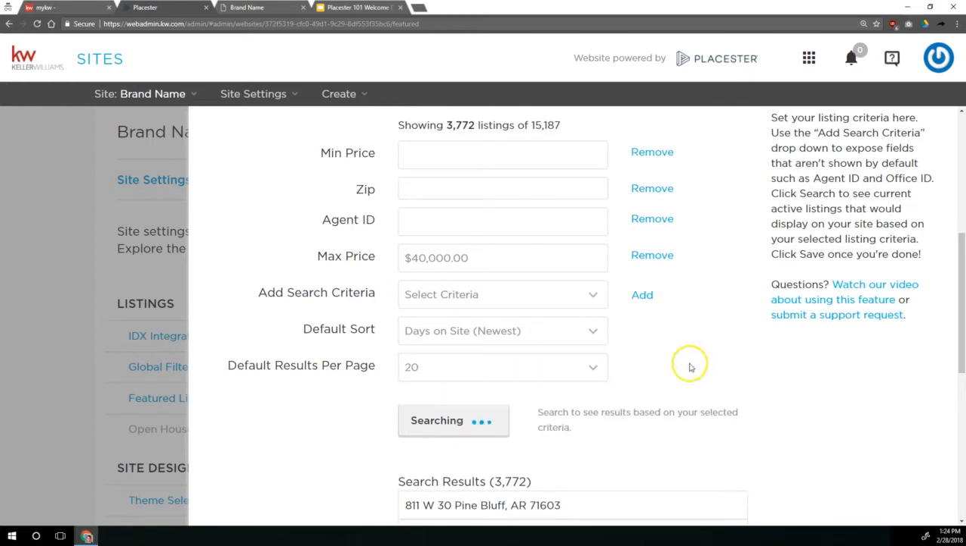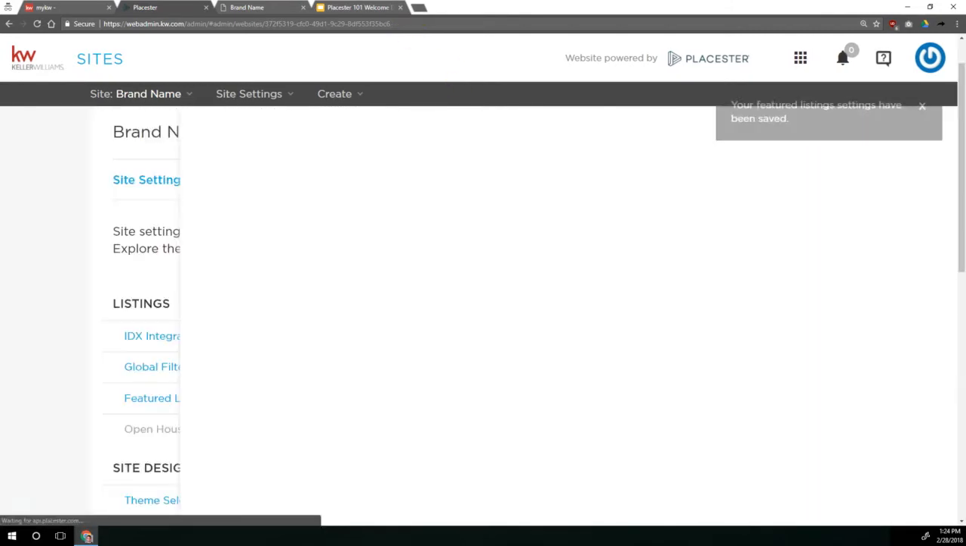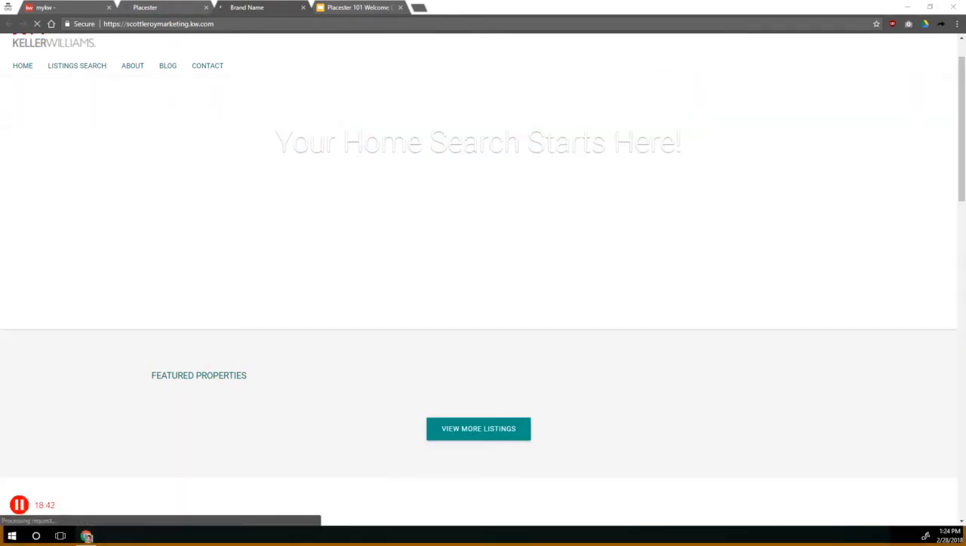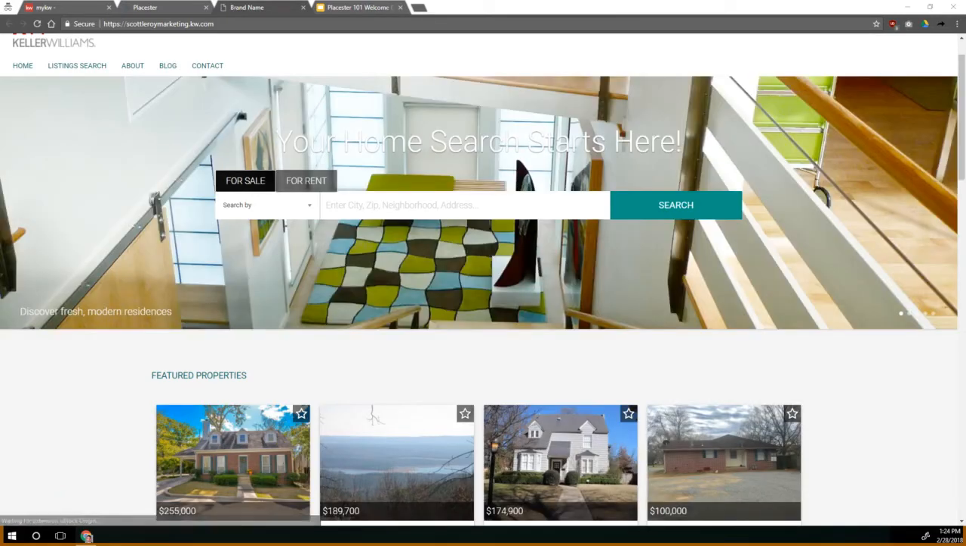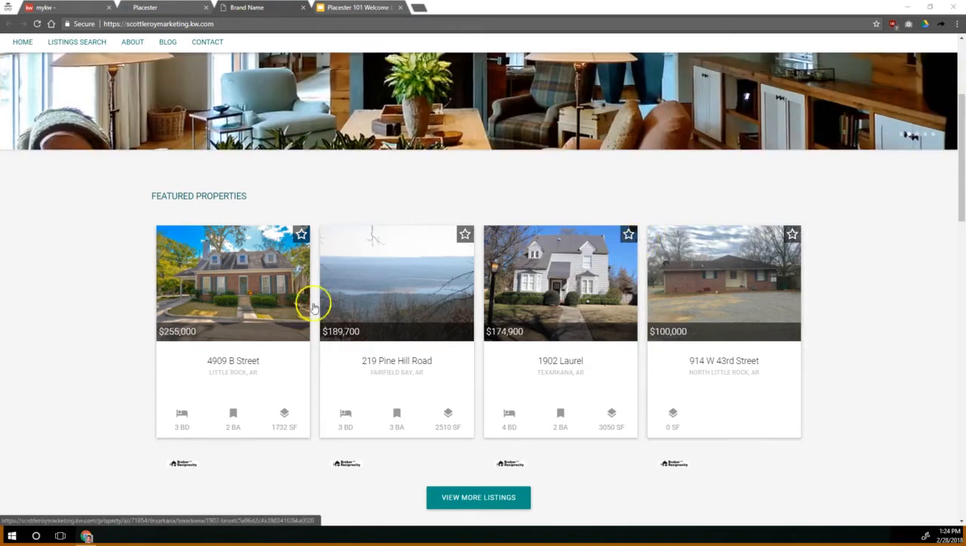So I'll set that to 20 there just to see what that looks like. No, not 40, 400. There we go. And it looks like there are 13,000-ish listings that are under 400,000. So we're going to scroll to the bottom, click Save. And when I go back to Scott's site now, if I refresh the home page, now down here in featured properties, it's showing me only listings that are under 400K, and it's showing me the